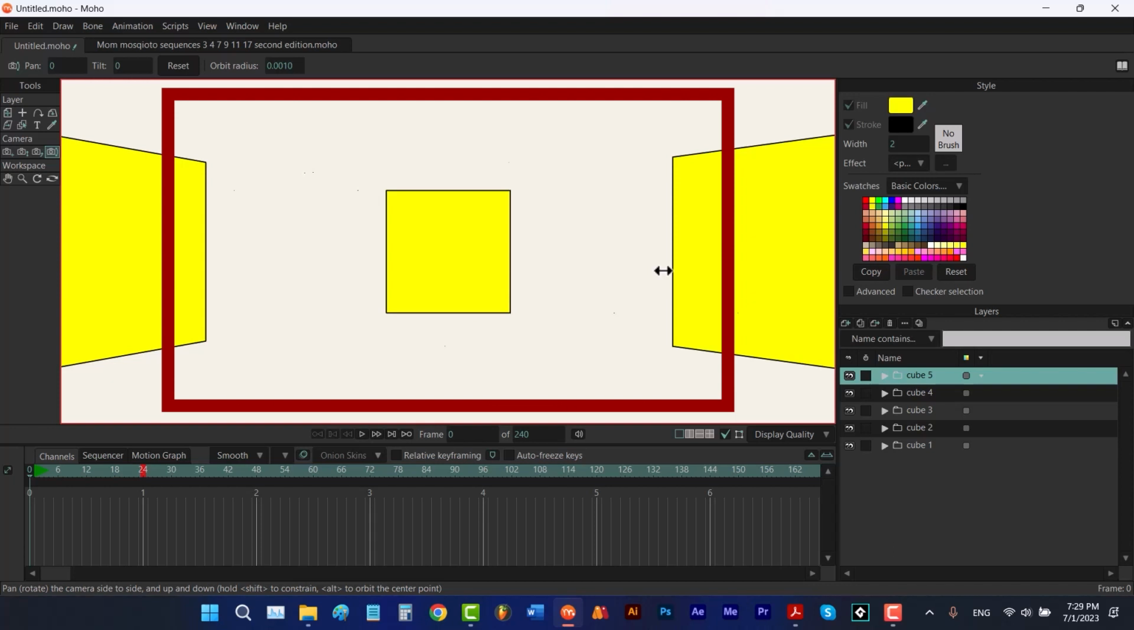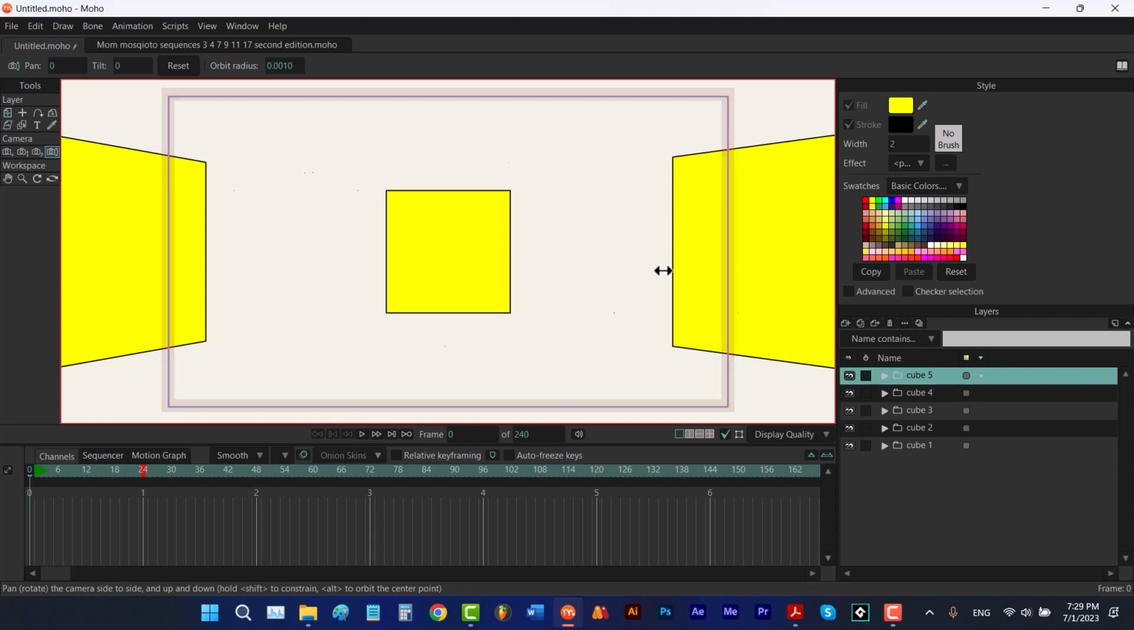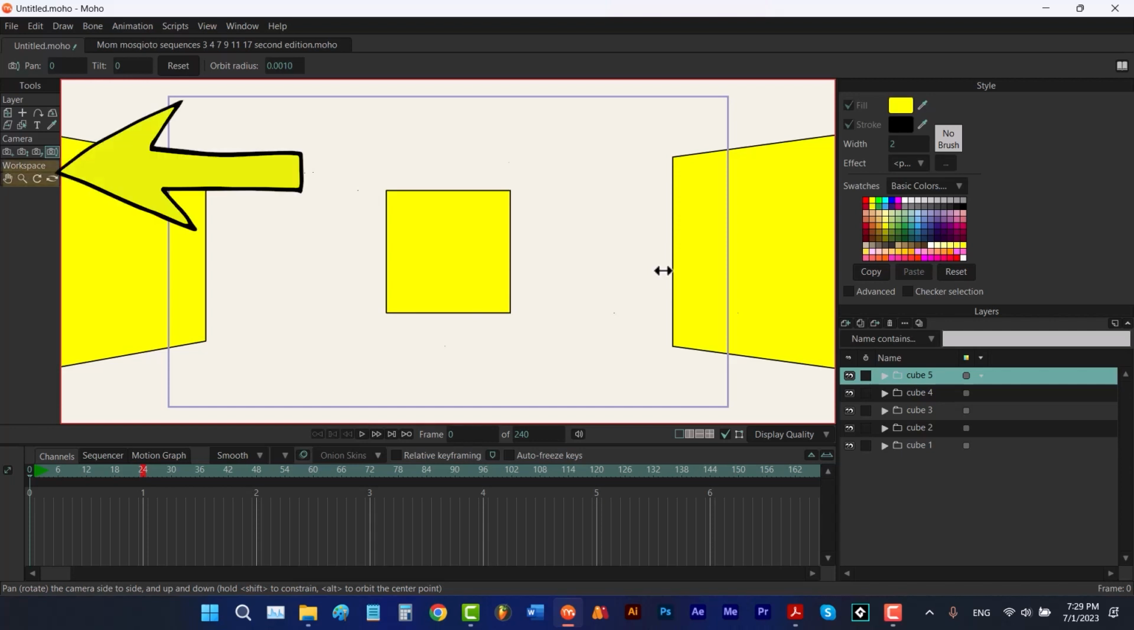But sometimes when you're drawing something or animating something, you just want to zoom in to have a better look at your shapes, and you don't want to move your camera to ruin your view. And that's when you use these options. Using them, the view of your camera will remain and only the workspace will be changed. To pan your workspace,